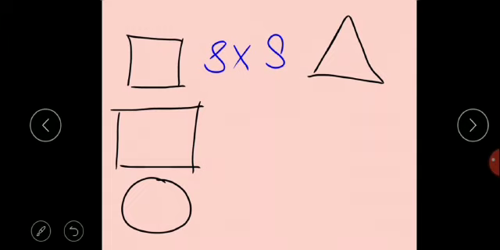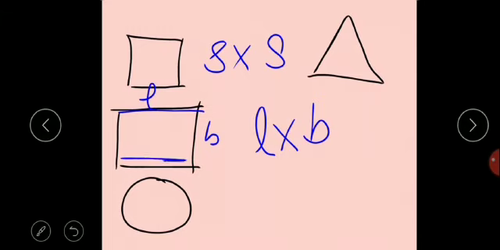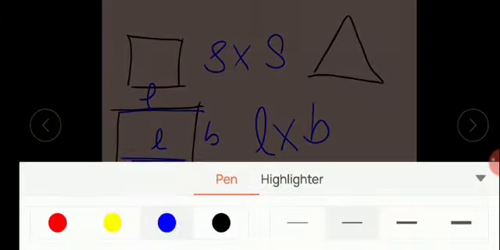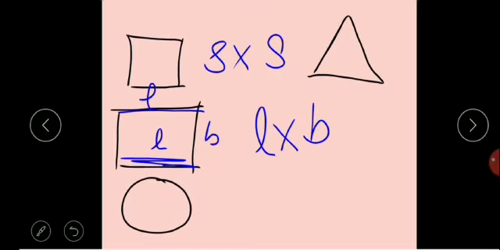When we talk about the rectangle, we know that the longest part or the lying part is known as the length and the standing part is known as the breadth. So to calculate the area of a rectangle, we will just have to multiply length multiplied by breadth. And we know that the opposite sides are equal. So these two sides are equal and these two sides are equal, this breadth is equal to this part.